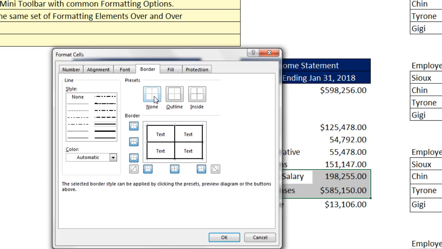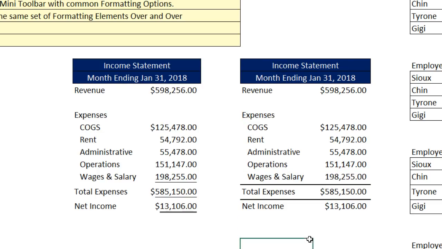Now, that's not what I want, but we were seeing how this works. By the way, be careful. If you click in the middle, you get these diagonals, which are sometimes useful when you want to cross something out. But luckily, there's a None button. I want to select the line, click just in the middle, and then just on the bottom of the selected range. Now when I click OK, click off to the side,